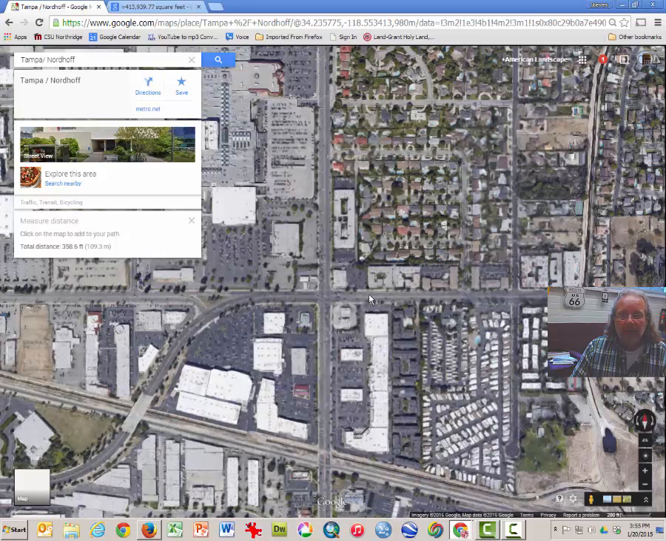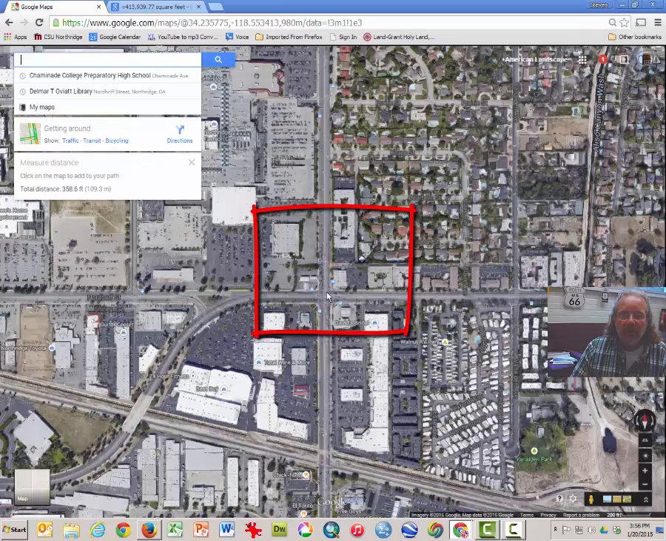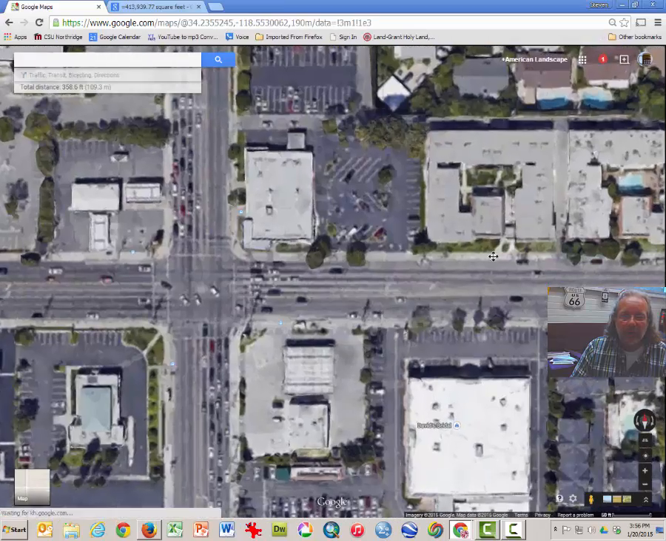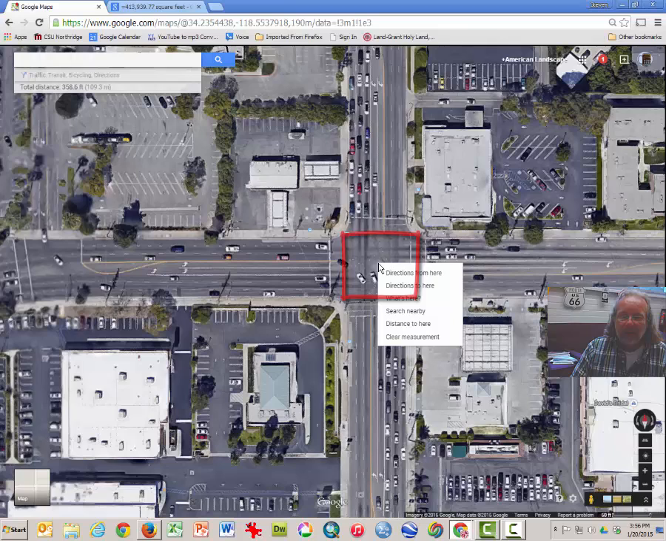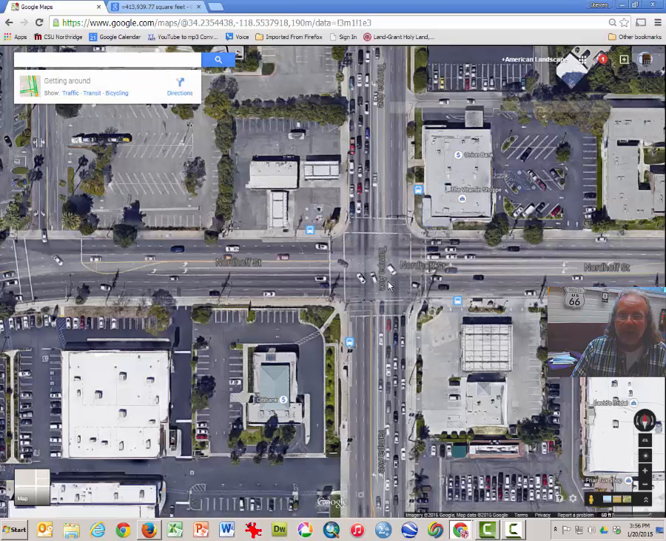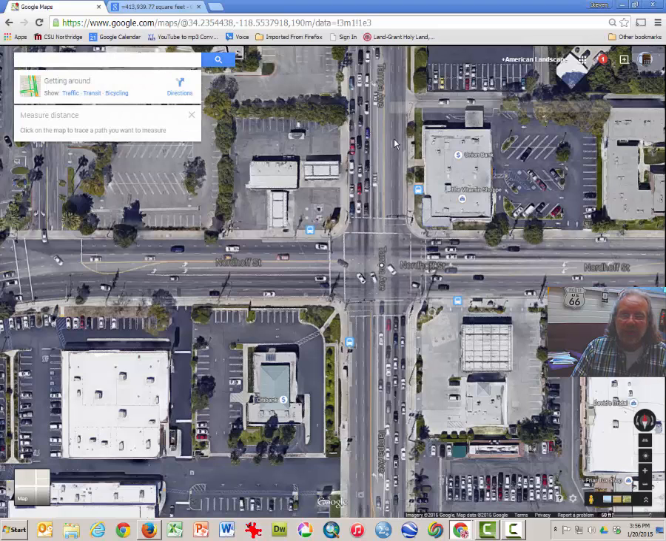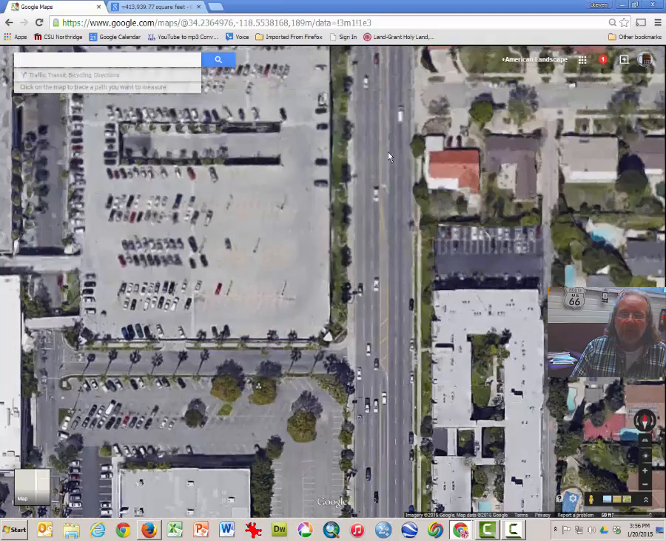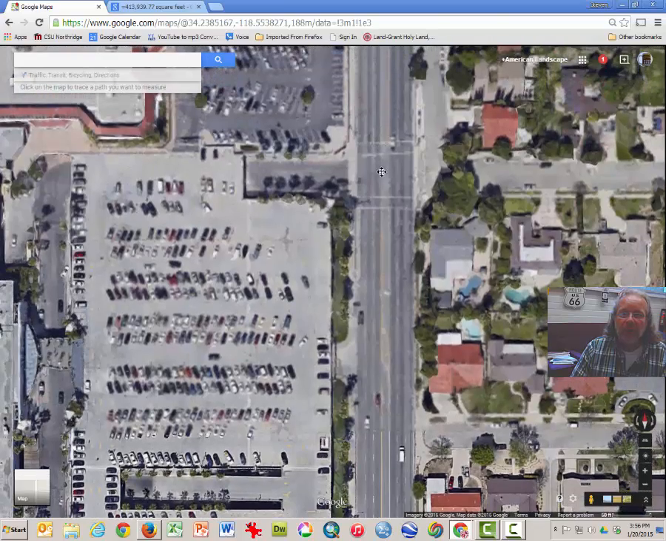And it's going to pop up, and this is the intersection of Tampa and Nordhoff. It's a block or so from campus. What I want you to do is zoom in on the very center of the intersection, right click. You may have to clear the measurement if you still have measurements going on over at the football field. Clear that. Right click, select measure distance,